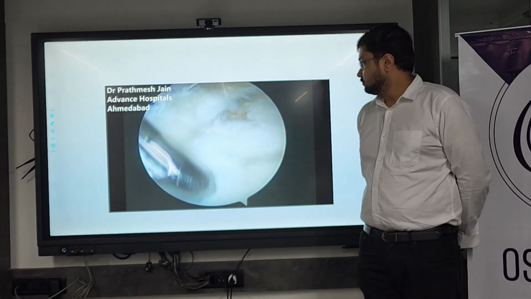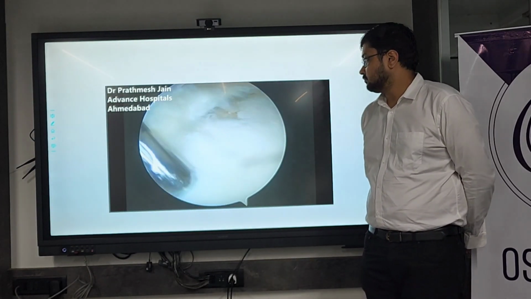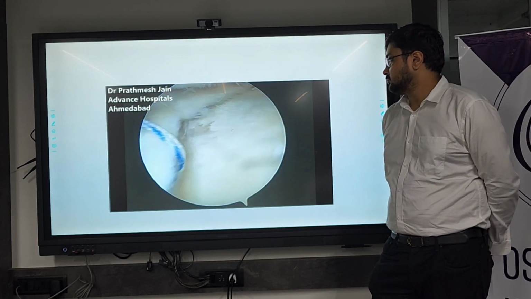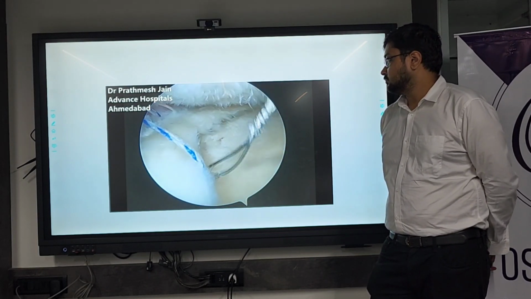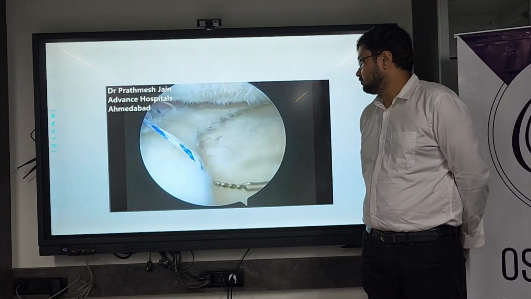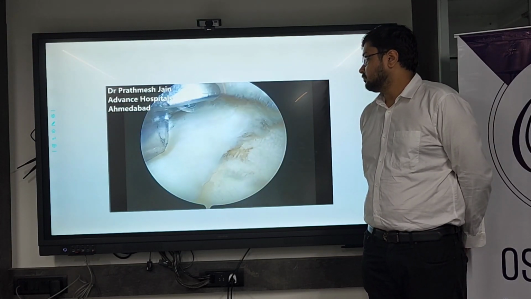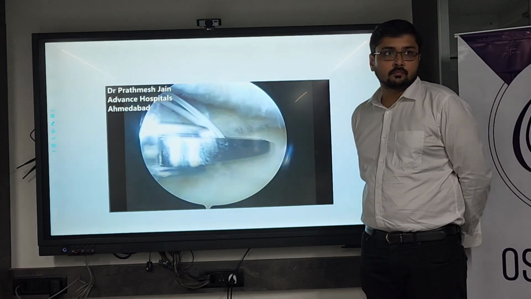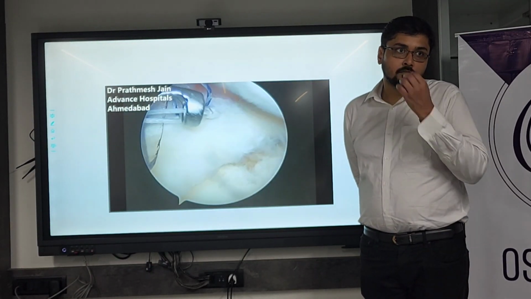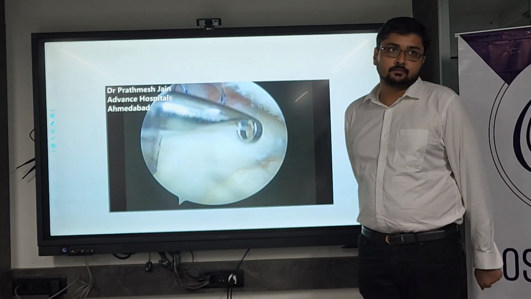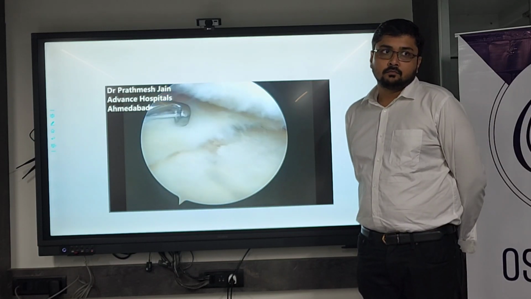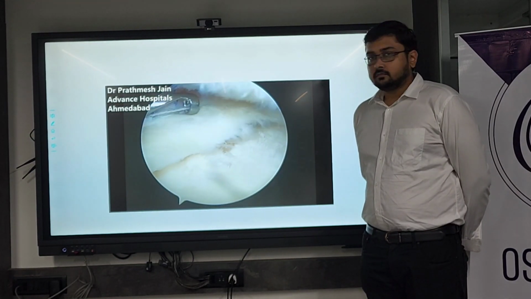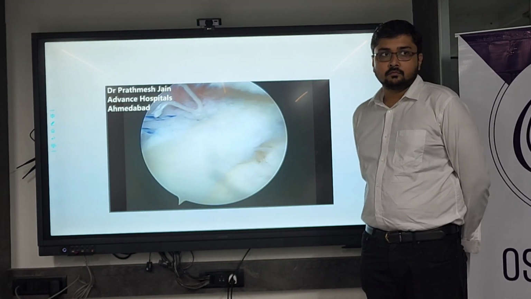Now we implanted the second anchor. The second anchor is a little bit anterior, and again with the second anchor we will pass all 4 sutures. So these 2 anchors are for the extrusion, and then we will tie it. When we tie it, the extruded meniscus will be reduced a little on the medial side, and when we tie all of them, you will see that the exposed area of the cartilage which was there initially will be covered with the meniscus.